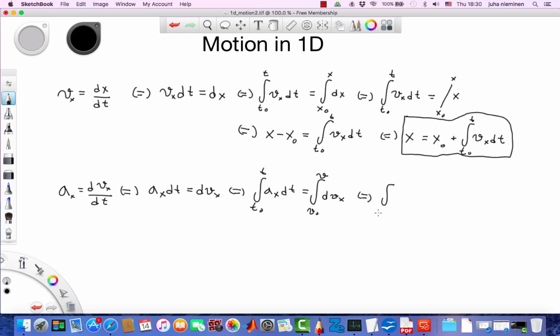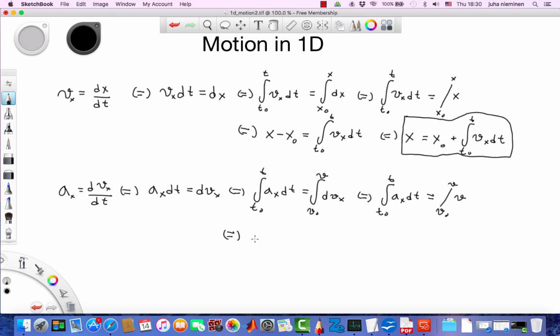So nothing happens on the left hand side again, because we don't know what this ax is. It can be changing in time as well. But on the right hand side we only have a constant term, so integrating from v0 to v, some velocity like this. And again